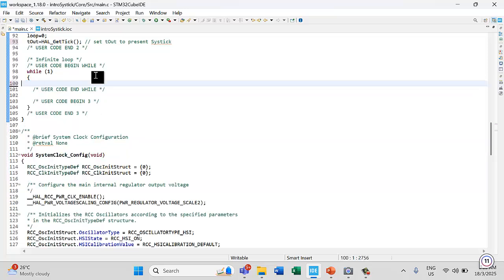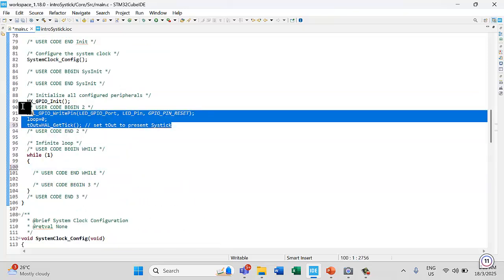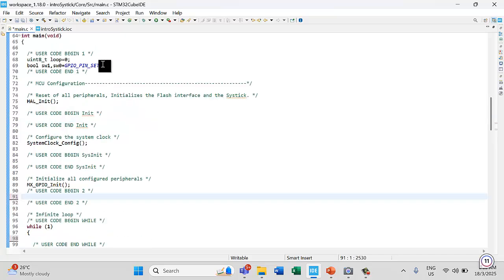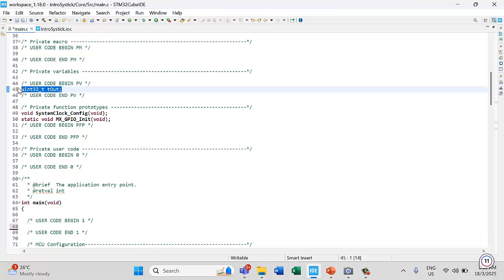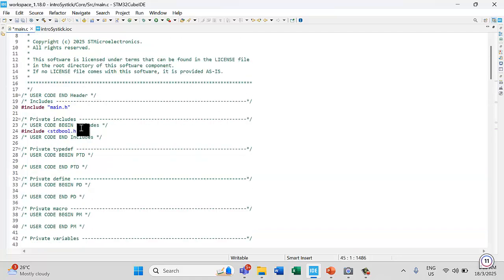Delete it. I will delete this one too, because I want to start again using the user tick, the user tick driver. Please get it from where? From